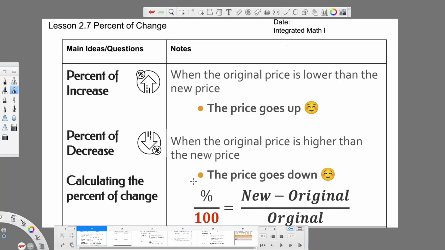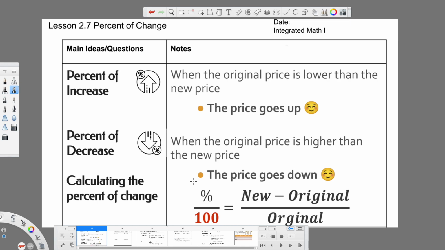Alrighty, we are in Chapter 2, Lesson 7 for IM1. This is called Percent of Change. So Section 6 was about ratios and proportions, which we're still going to use in this section. We're just applying it to a slightly different concept, which is usually we kind of do this with money when